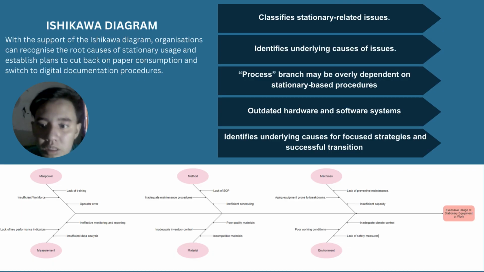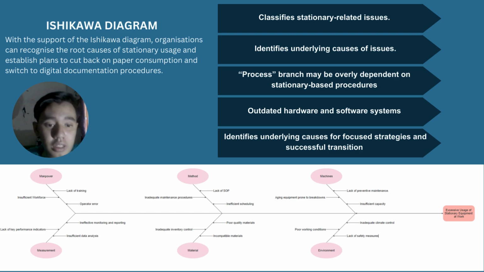Okay, the last step I do for the define phase is the Ishikawa diagram. The Ishikawa diagram, also known as the fishbone diagram, is a tool for reducing stationery usage at work. It can assist businesses in identifying the underlying reasons for stationery usage and creating strategies to reduce paper use and transition to digital documentation techniques. It classifies stationery-related issues into branches like process, technology, communication, policies, and environment, helping to